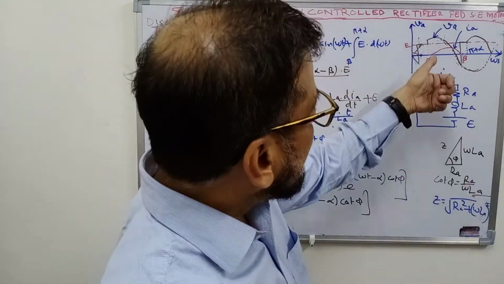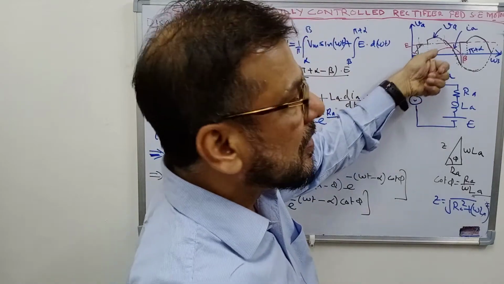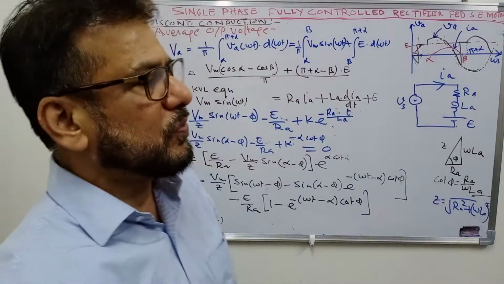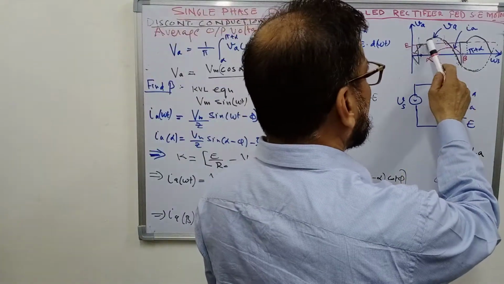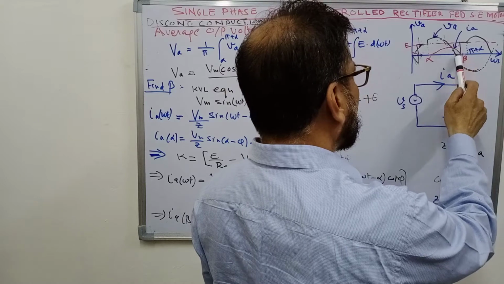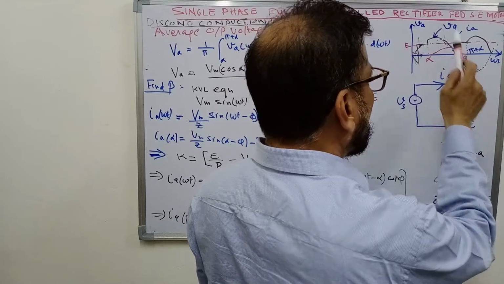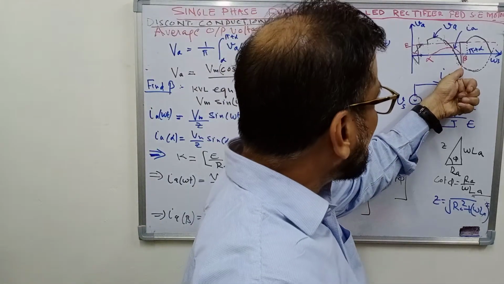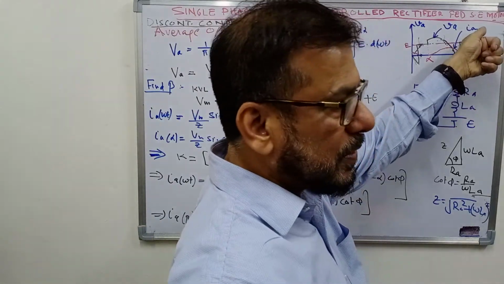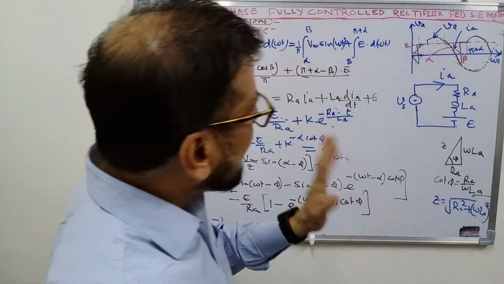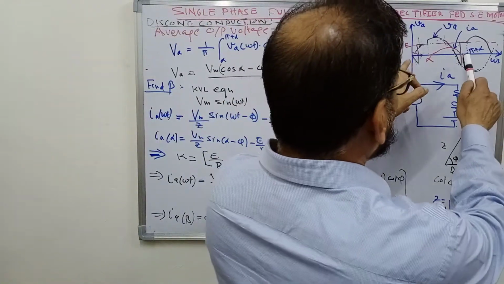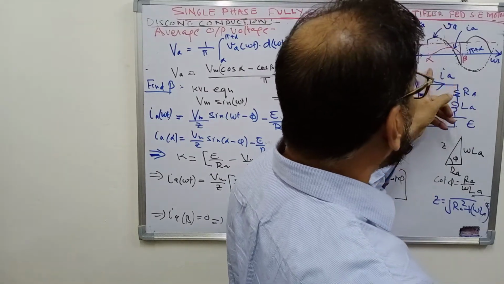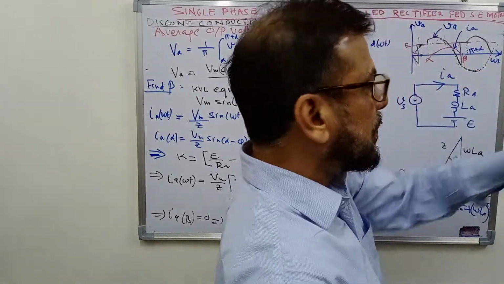And when we trigger the thyristors, current starts rising again, and the output voltage becomes equal to the source voltage. So the output voltage is like this, and in the negative cycle, current still flows. When the current falls to zero at omega t equal to beta, thereafter the output voltage again becomes equal to E. So the cycle completes here. Let us again assume the cycle to be from alpha to pi plus alpha. After that also the cycle repeats.